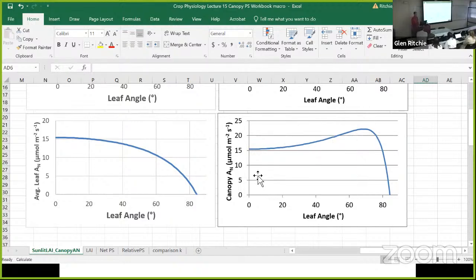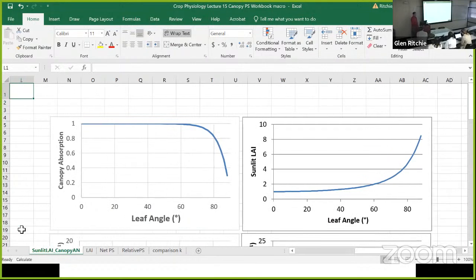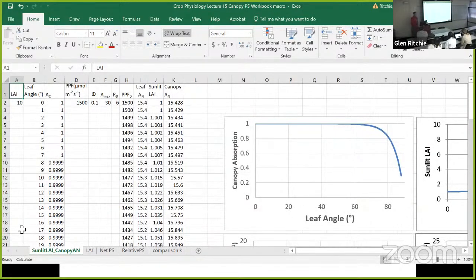So I'm sure what you've all been wondering is, what if we looked at net photosynthesis over an entire growing season, perhaps, where you've got both the early season and the later season, or low leaf area index and greater leaf area index, and actually see what the pattern is. So how would I do that if I was trying to do a whole bunch of iterations of this? Well, I'll tell you how I did it, and then you can decide how you would do it.